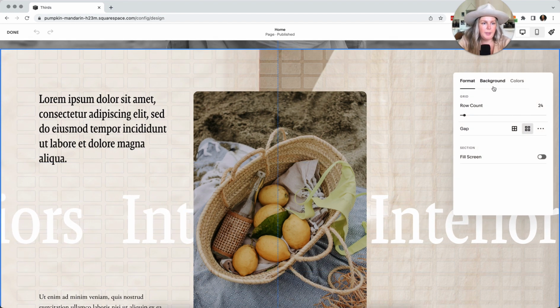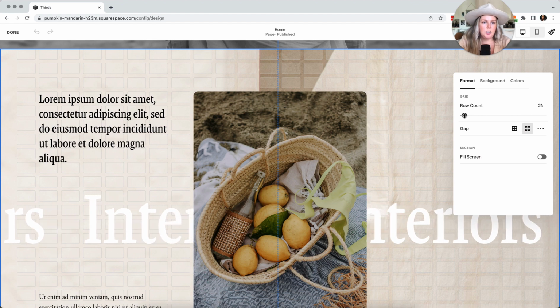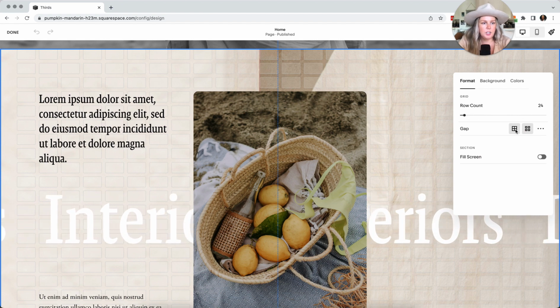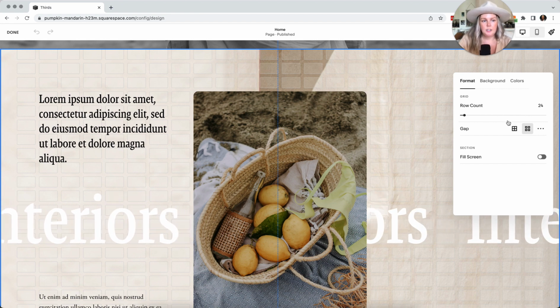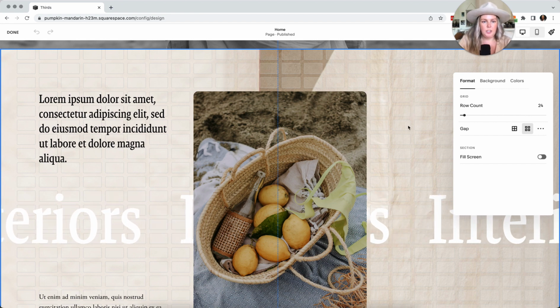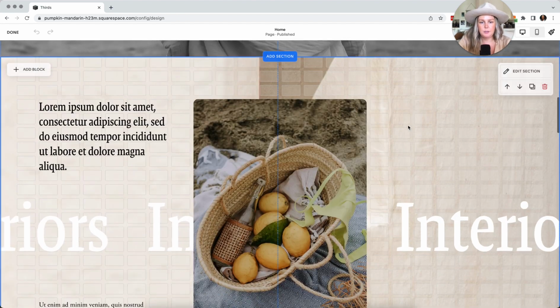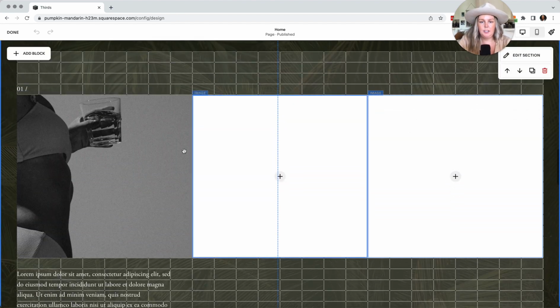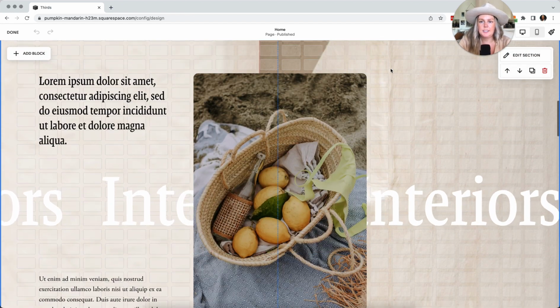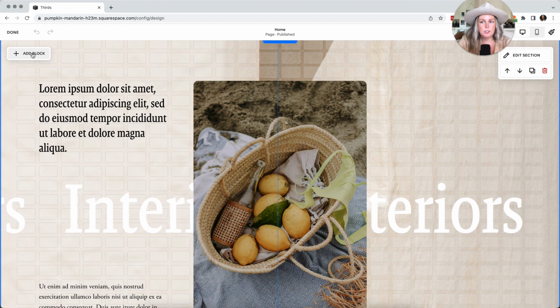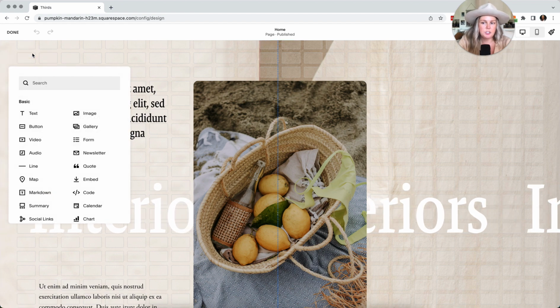So we can edit the format of this grid, so we can change how many rows we've got, and we can also change the gap between the grid, so you can have no gap if you want to have blocks of content right next to each other, like I've got down here, which is a work in progress. But if you want to have blocks right next to each other, you need to have no spacing,